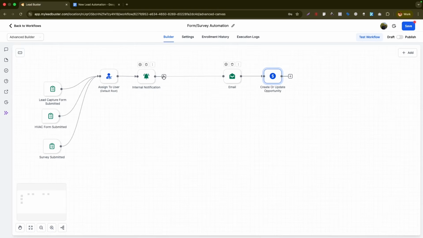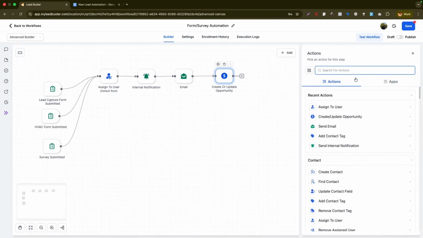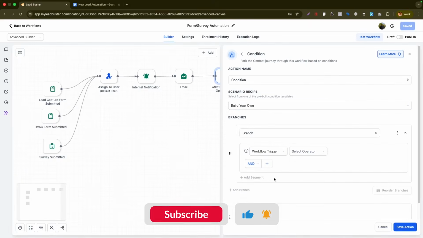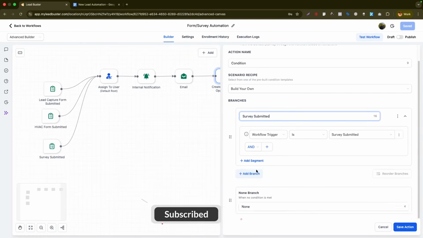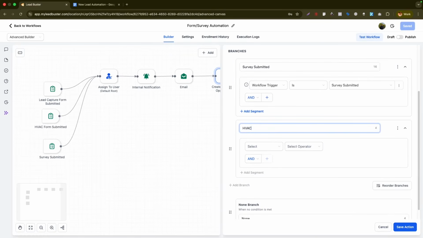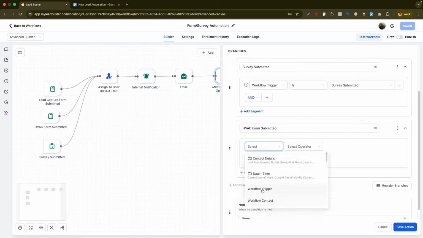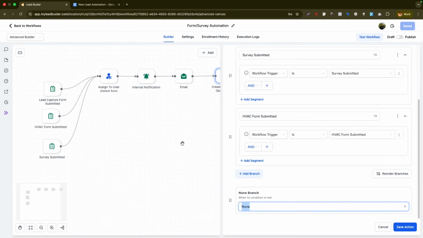We will now link it to this and bring them a bit together. Now let's click on this plus and say if workflow trigger under branch or workflow trigger is survey submitted. So we'll just name this branch survey submitted. Let's create another branch. This one will be for HVAC form submitted. Now workflow trigger is HVAC form submitted. And if it's none of them, then it must be the third one, which is the lead capture form submitted,